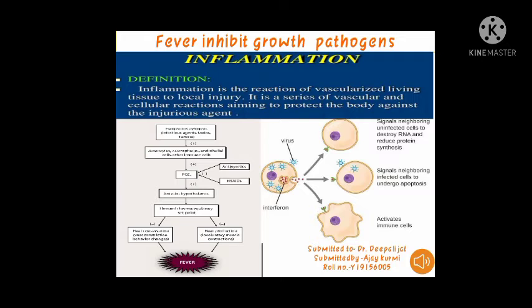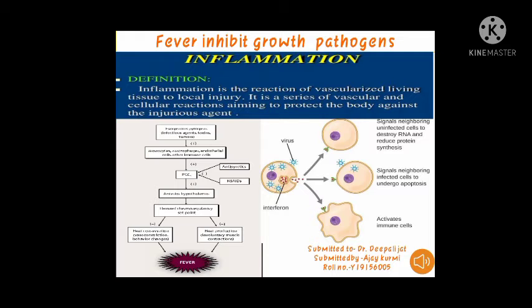As you can see in the first diagram, when any foreign particle, which may be bacteria, virus or fungi, or any chemical agent or physical agent, infects body tissue, the protective mechanism, that is inflammation, begins in the body. First, the leukocytes, that are the WBCs, try to kill the invading pathogens. WBCs are the white blood cells like neutrophils, monocytes, basophils. Then the monocytes come into this scenario to phagocytize the invading pathogen.